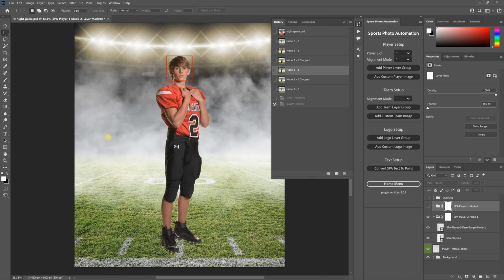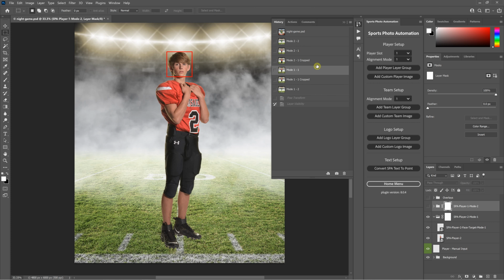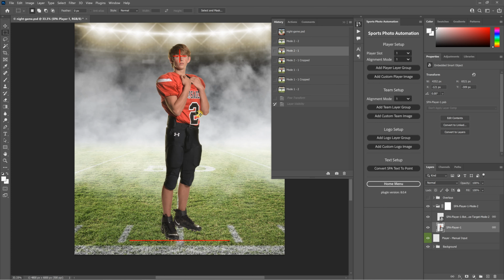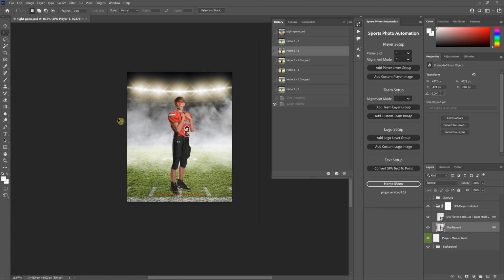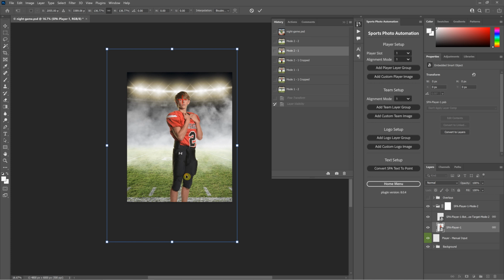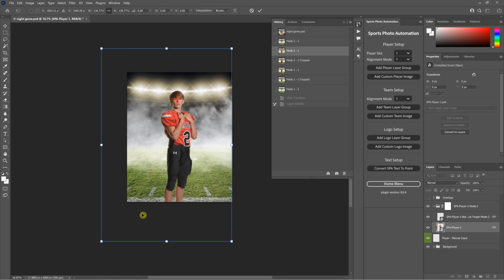Now, if you want to strategically shoot for the best case for being able to have the most ability to align your templates as you want, I recommend always shooting with the feet in the image, whether you need those feet in the final composite or not, and then using mode 2. That is what I would prefer. And like I say, that way you can use the feet if you want, but if you don't want them, and you always want cropped at a very specific part on the body, it's going to be very, very accurate this way, because